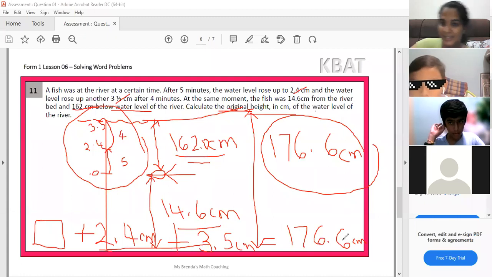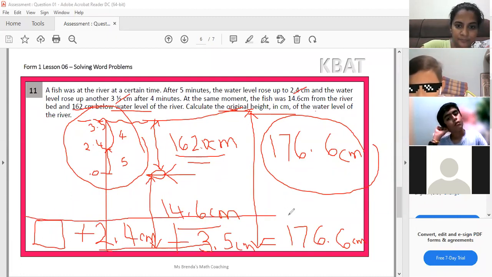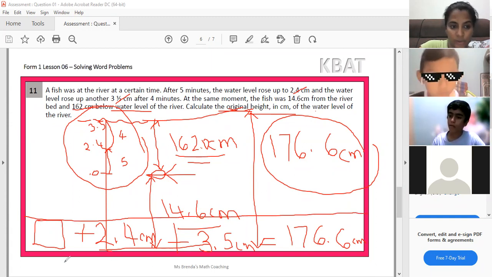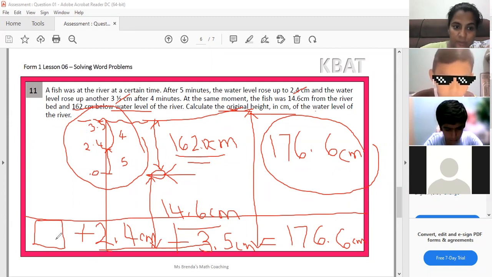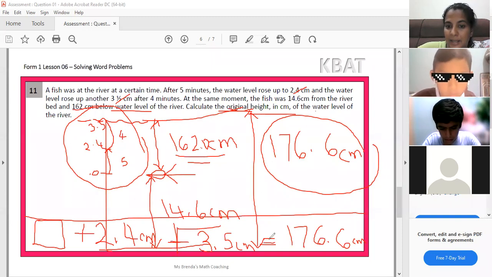Do you understand this? You look at this last part here. This is a story. In the beginning, there was a water level, the total depth of the river. The water rose up, so that's why I say positive, 2.4. It rose up another 3.5, and then now it is at